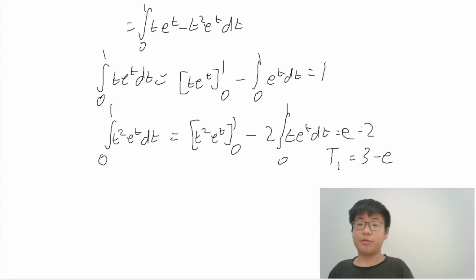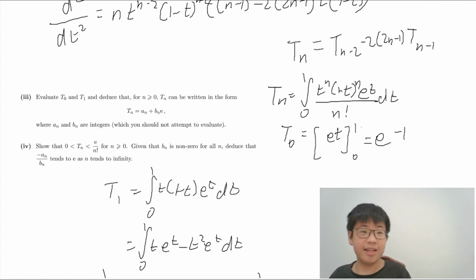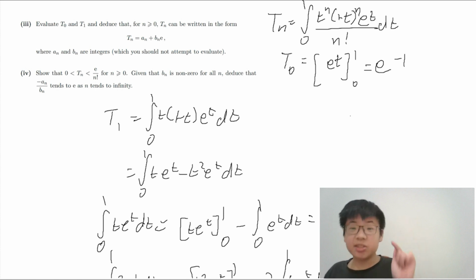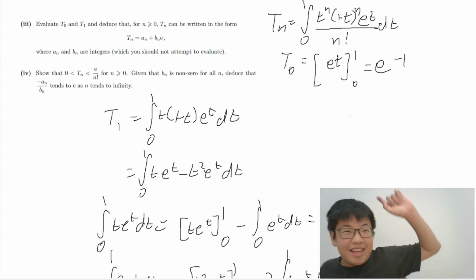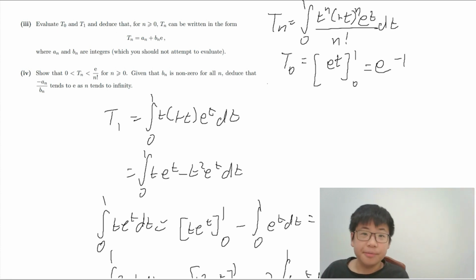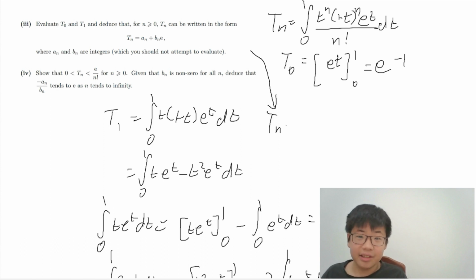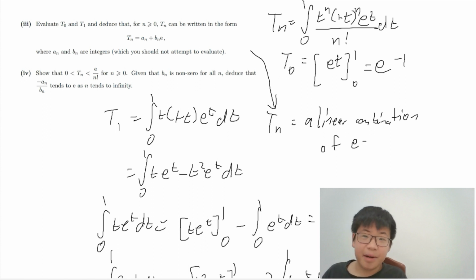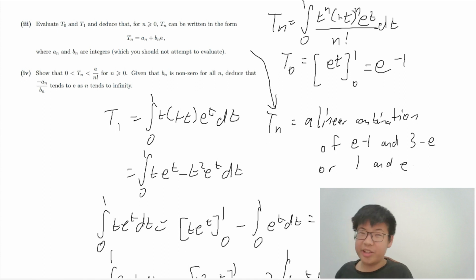And since T0 and T1 are linear combinations of e and a separate integer, this effectively means that an and bn are integers, and Tn can always be written in this form. So we can write Tn equals a linear combination of e minus 1 and 3 minus e, or 1 and e. So if you want to learn more about this thing, you can Google up basis vectors and you